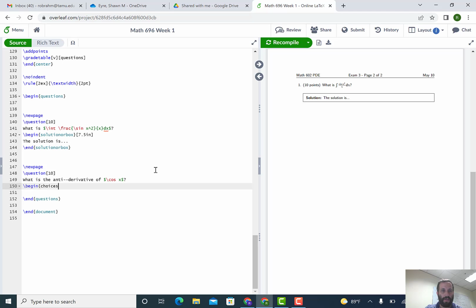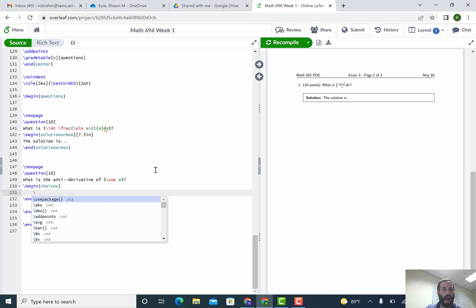choices. Okay, so new environment, and I need to start by, I can either do items or I can do choice. So choice is going to be what I use. So choice, what is the antiderivative of cosine x? Now the way I like to do this is, I want to put the first answer, the right answer, the correct answer first. Now, obviously I don't want every question to have the first answer first, but to begin with, this is what I'm going to do. So minus sine x, don't forget the plus c,